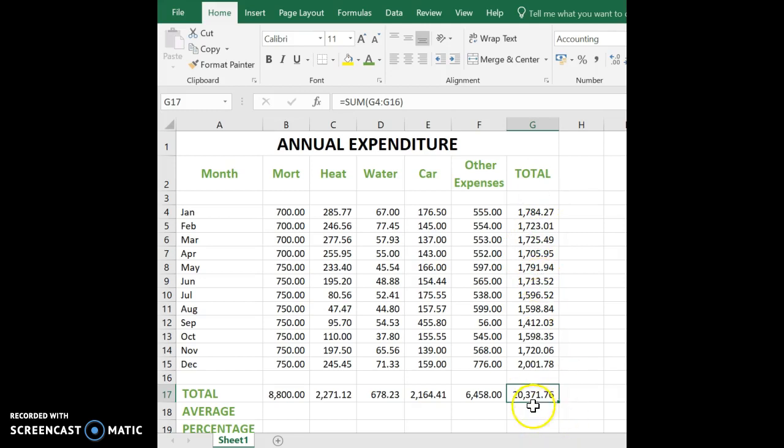So it's the grand total. Actually, you could do the total for the entire year's expenditure. So sometimes